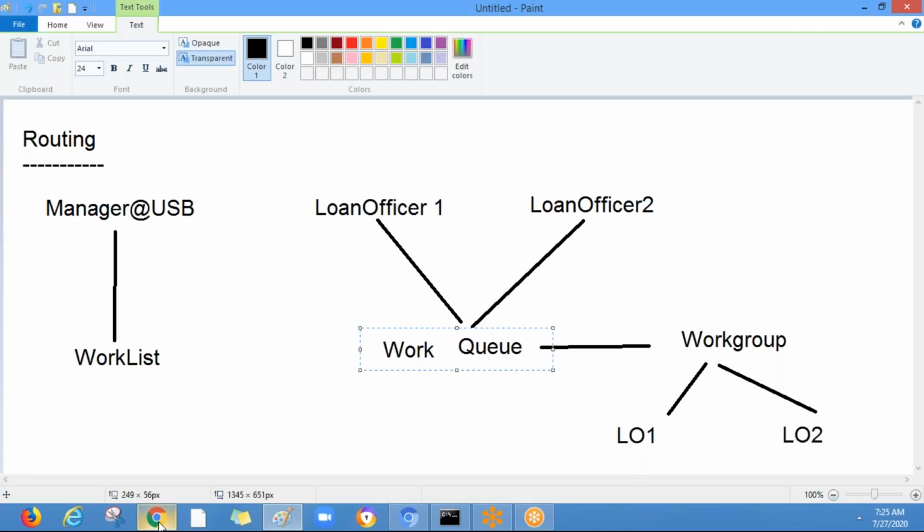In the manager assignment, we will specify manager at the rate of USP. And for loan officer, we will be creating a new work queue and work group, and we specify the work group for the new operators, loan officer 1 and 2. Once it routes to the loan officer, we log in to the application with these operators and perform the assignment.